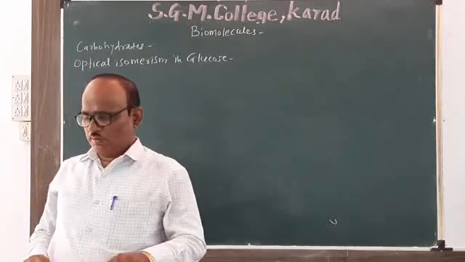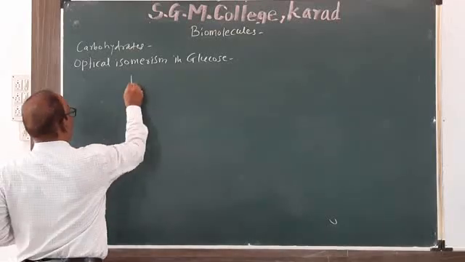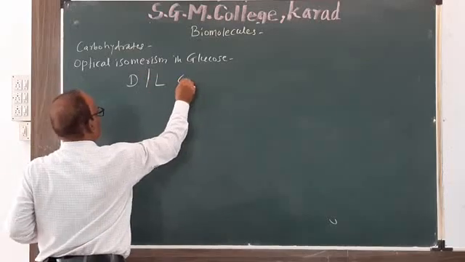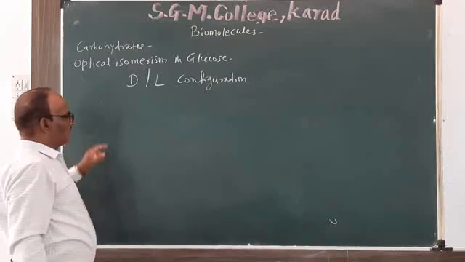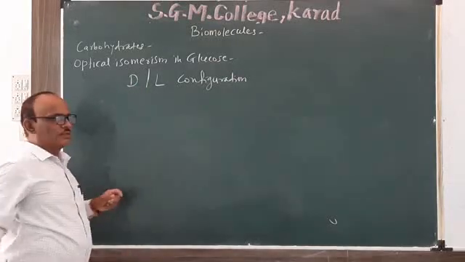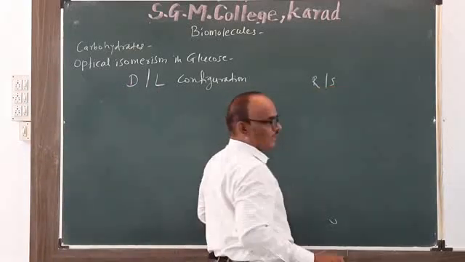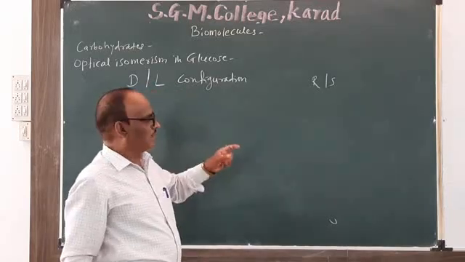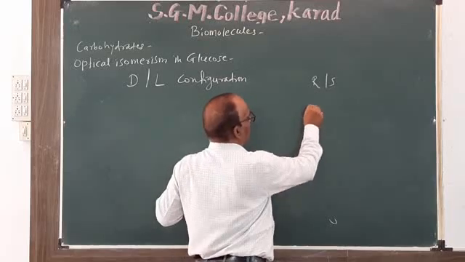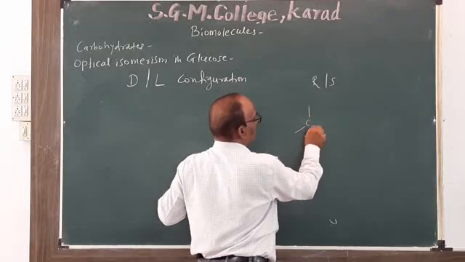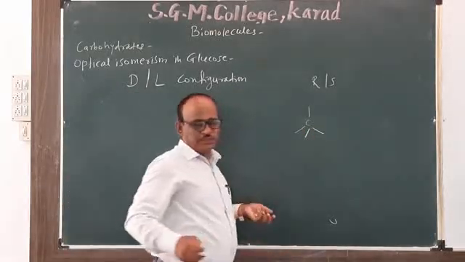Then there is one more configuration for these optical isomers, that is DL configuration. Before studying this DL configuration, we have already studied the RS configuration. What is RS configuration? Here R and S are two isomers in which a tetrahedral carbon atom is joined with four different atoms or groups. If we take the example,